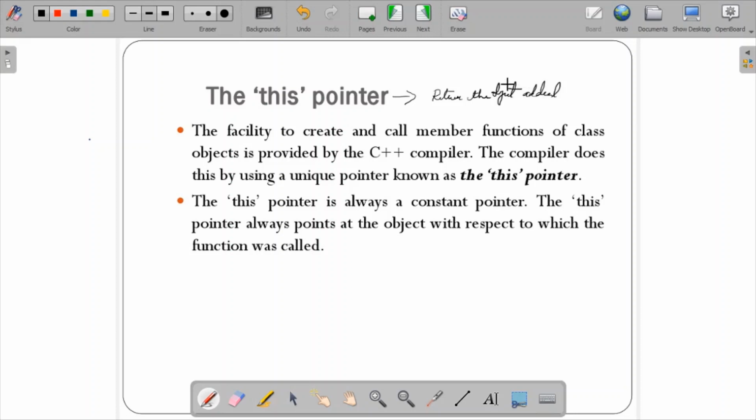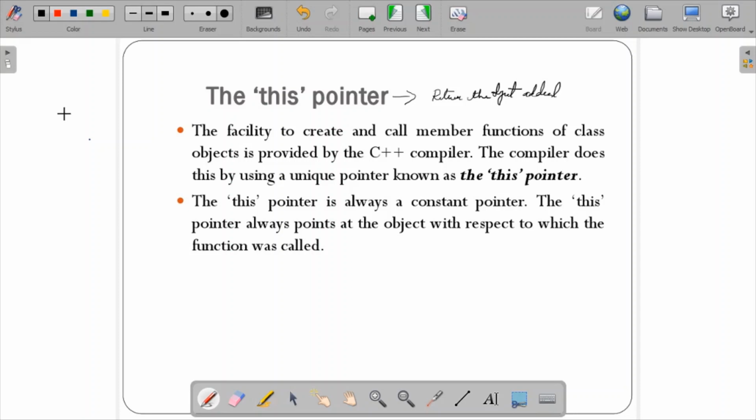In addition to that, it also gives a facility to create. That means whatever code you write, for example, in the last programs like struct, class Distance, within that you have defined the data members as well as certain function declarations.